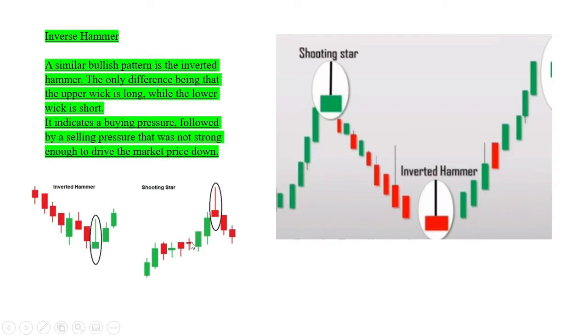Now, on the other hand, we have the shooting star, but we're going to get into that in a couple more slides. So don't worry about the shooting star right now. But just a little background on it, the shooting star forms at the top of an uptrend and usually indicates a trend reversal to the downside, which it did. The inverted hammer, which we're talking about now, forms at the bottom of a downtrend and indicates an uptrend reversal, which we see here. Let's go to the next slide,